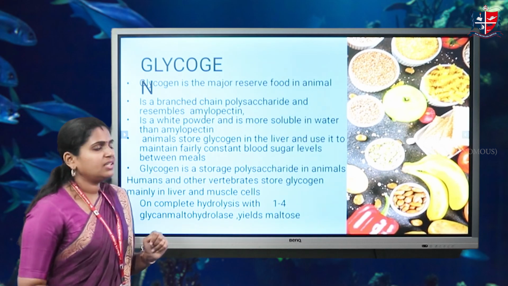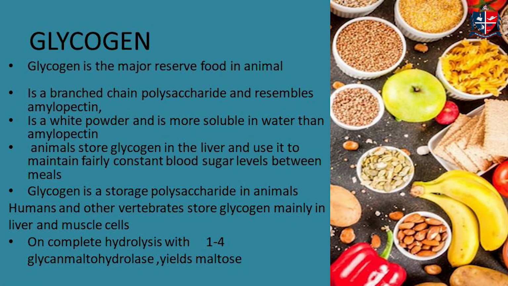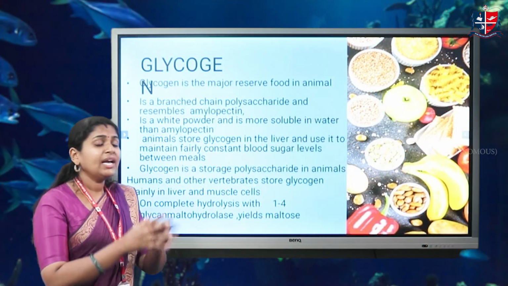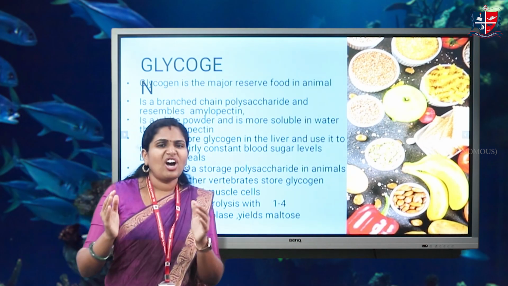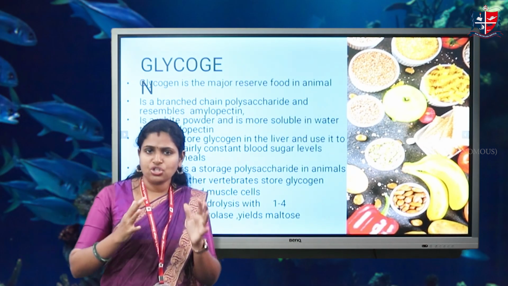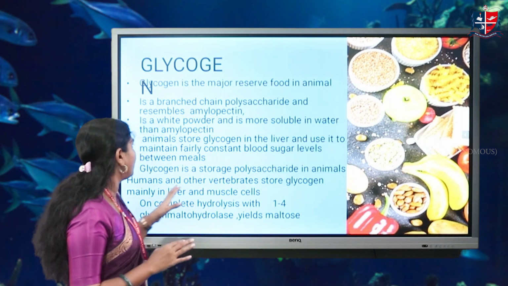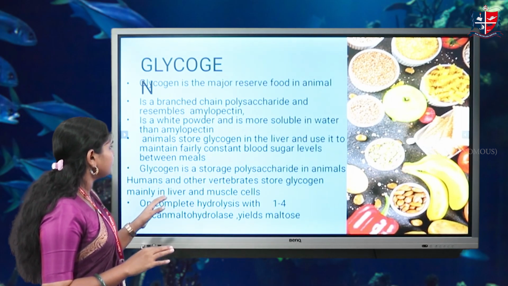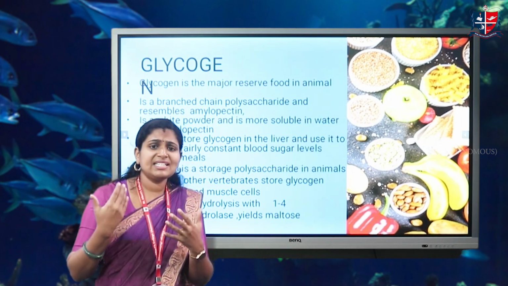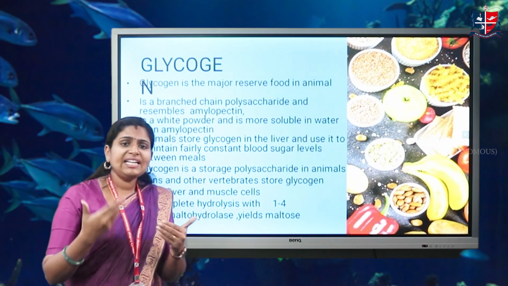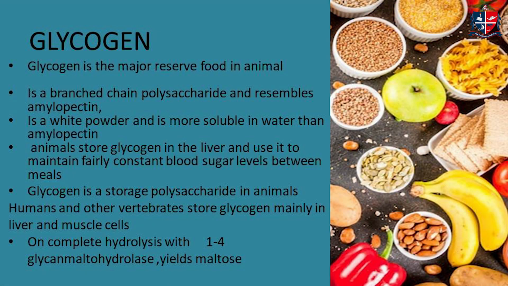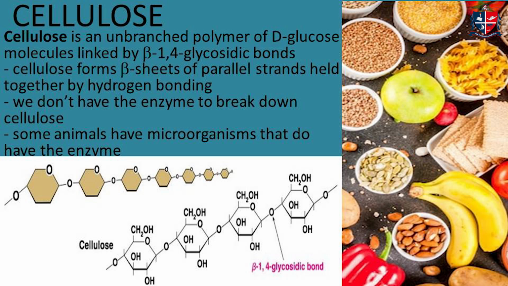Now coming to glycogen, the most important polysaccharide found in our system. We already said that glycogen is a storage compound. It is also formed from glucose units, and glycogen and starch are almost similar in structure, whereas glycogen is a storage molecule. It is a white powder. Whenever we or animals get starved, glycogen is broken down to form glucose, and it gives energy to the system. Here also the 1,4 linkage is formed, the same as in starch.